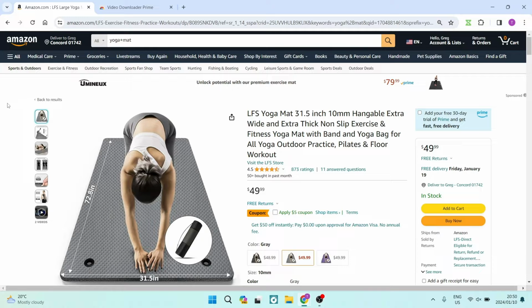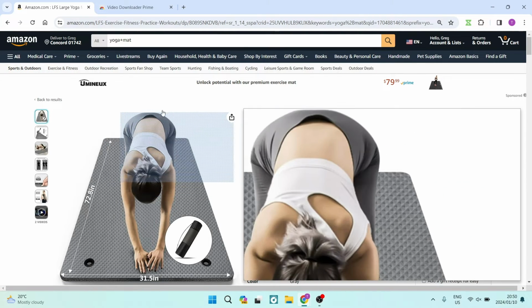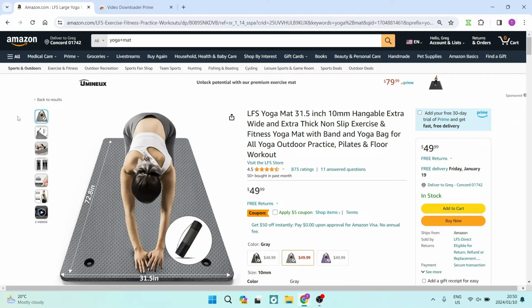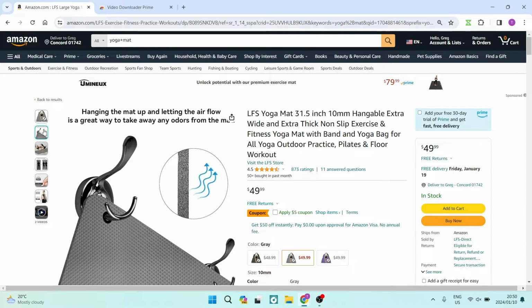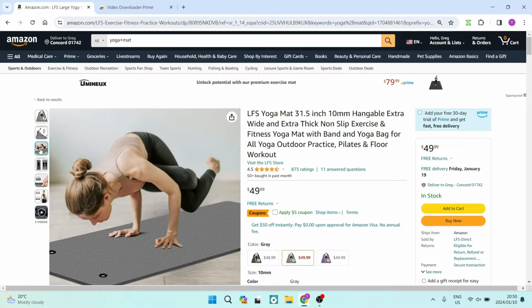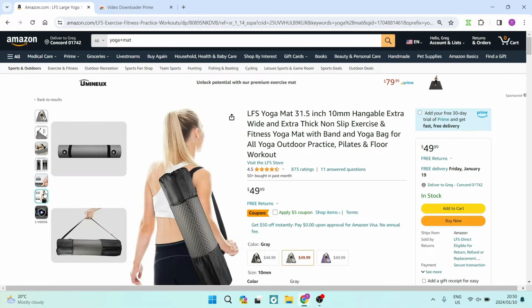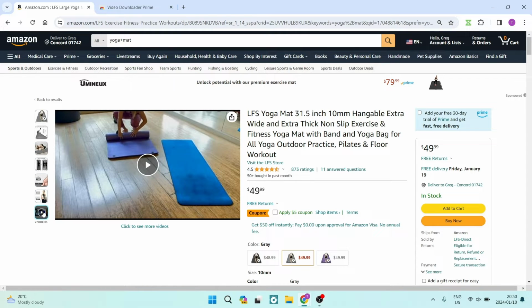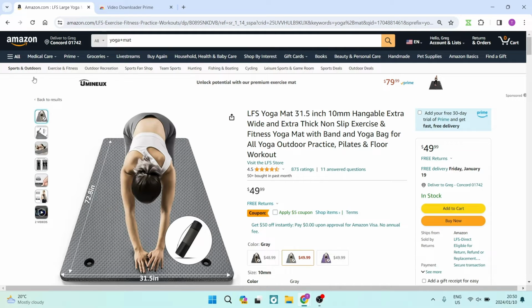I'm going to show you how you can download these product videos from these Amazon products. So let's jump straight in. If you're on Amazon, you can search for any product, and once you tap on the product, you can go in, and this is the view that you will see. On the left hand side here, you can see that there are a bunch of images. And if you go all the way to the bottom, you'll see that there are some videos of the actual product. So if you'd like to actually download it and not just view it on Amazon.com, you can go ahead